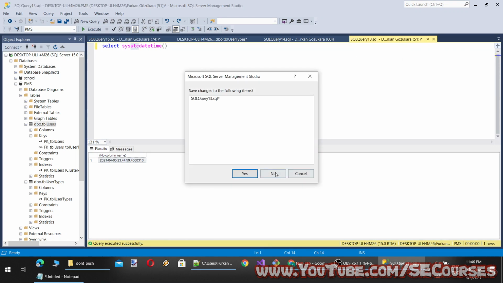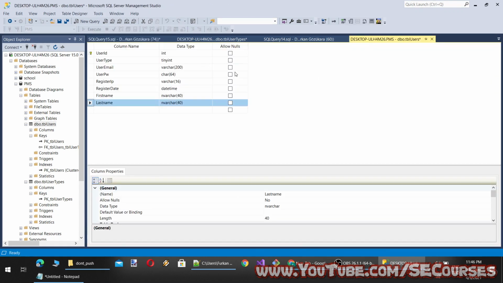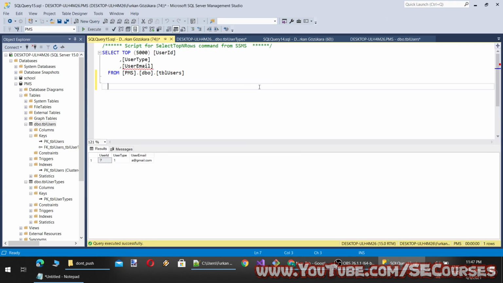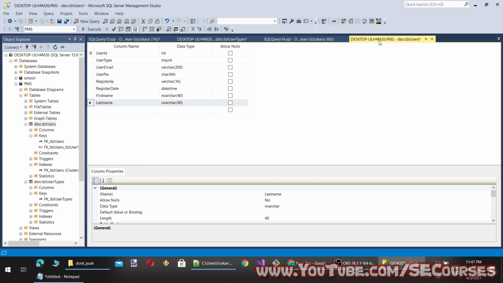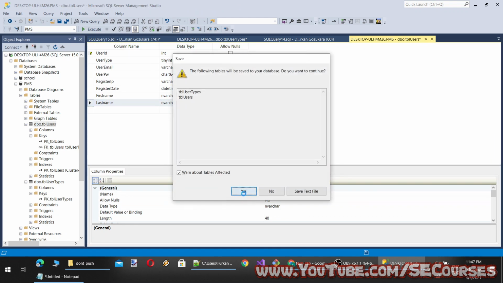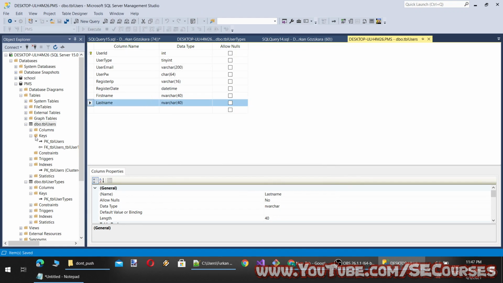Because we are not allowing nulls. Therefore, if there is an existing record, I cannot modify the table like this. I have to pick the checkbox allow null, or I have to delete records. Let's delete them. Okay, now it will let me save. Okay, so users table is saved and user types is ready.